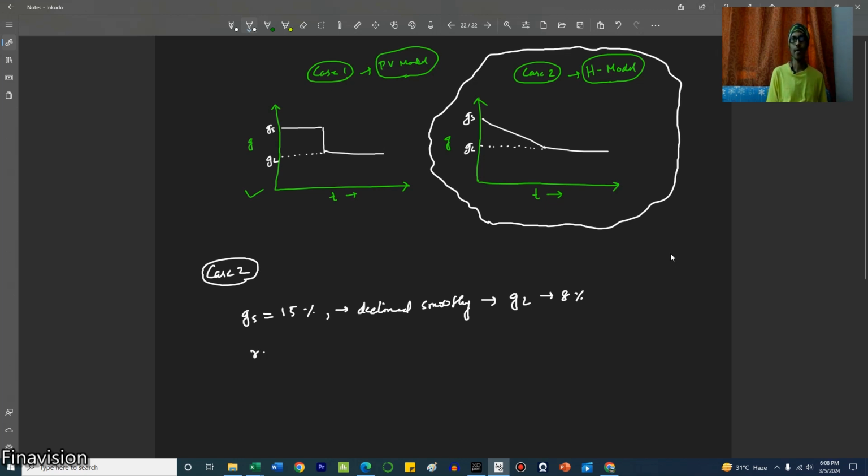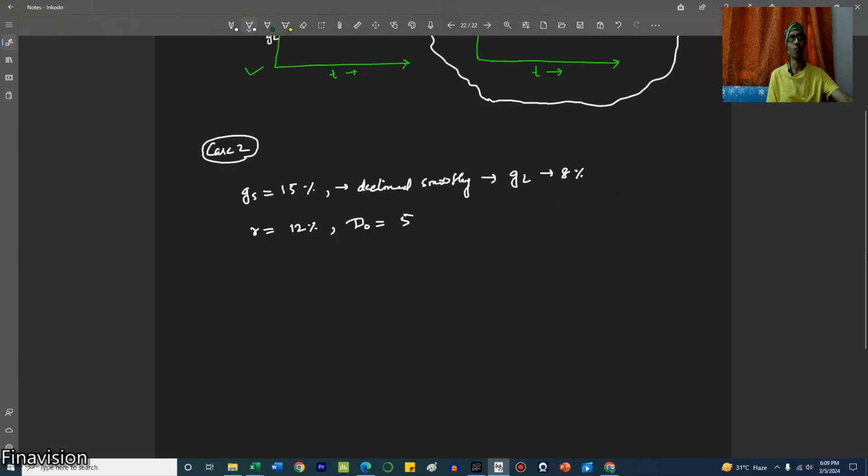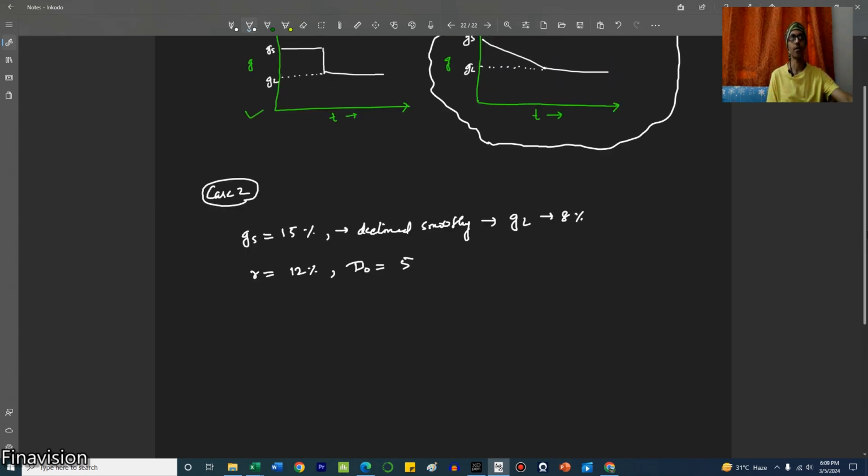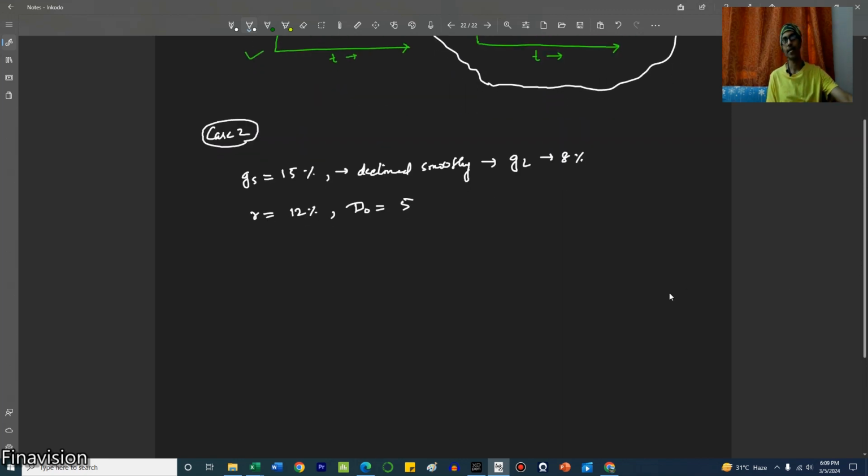The required rate again is 12%. The initial dividend D0 is $5. We will try to calculate, according to the H model, what is the valuation. Okay. So here the expression is given by,